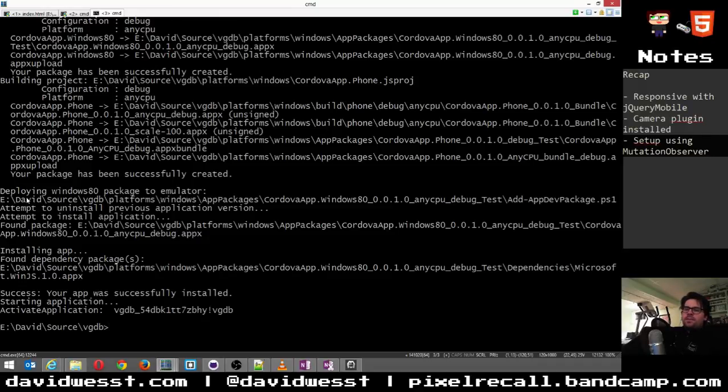So the story is great. The idea of being able to take my web code, my web skills, and then apply them across platforms. It's clearly not as seamless as I would like it to be. I think there's a lot of fine tuning that you need to figure out and tie into. So you can see the basics work. I think that's a really good starting point for the majority of some simple data apps out there.